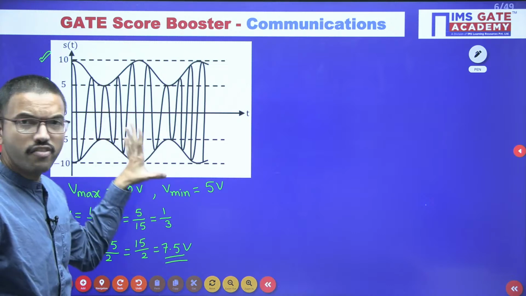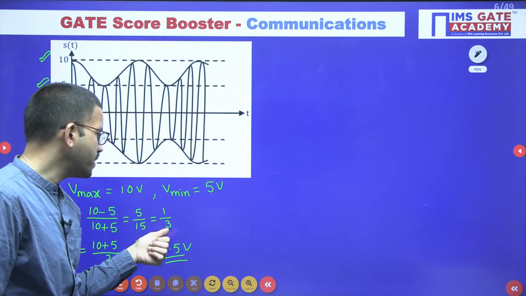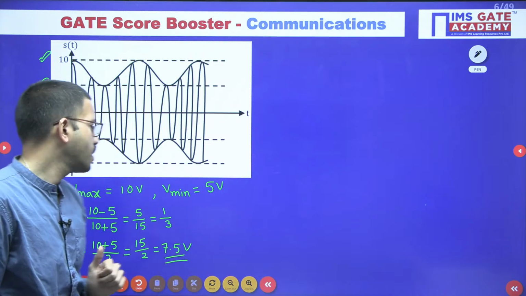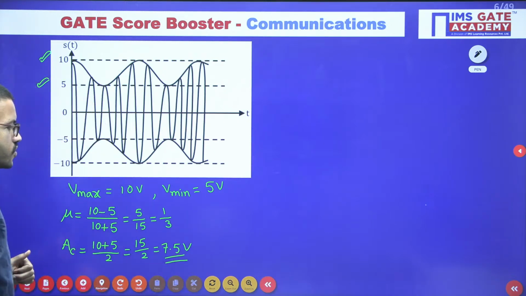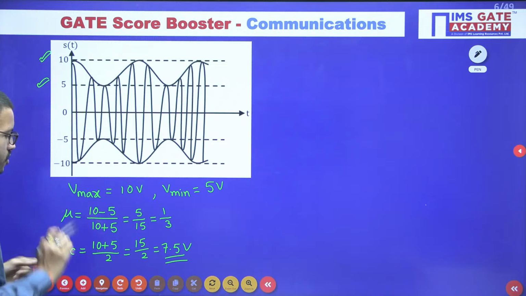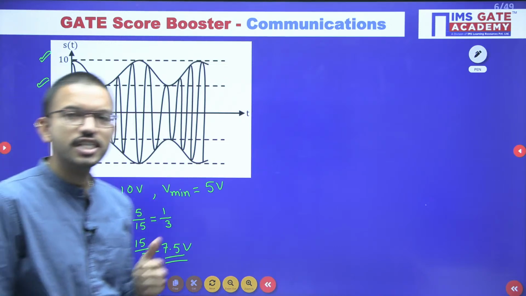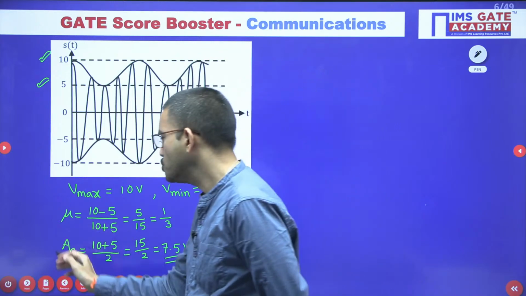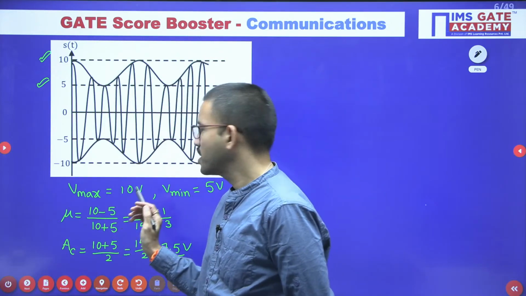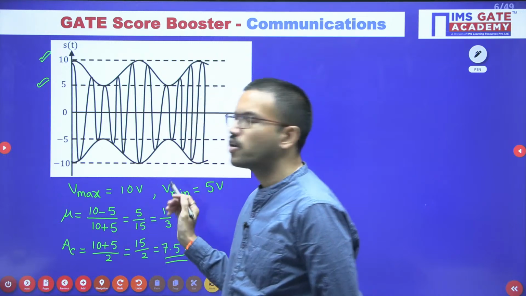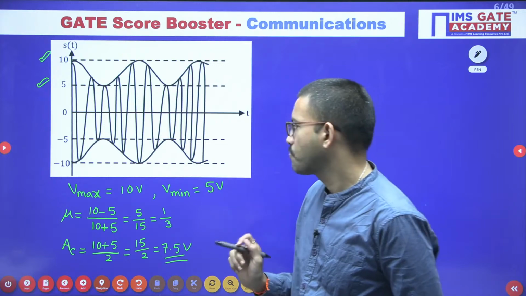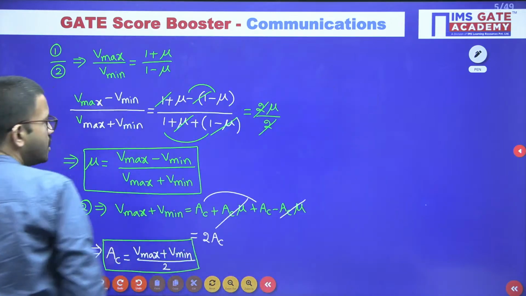So for the given waveform, the modulation index we got is 1 by 3. For that, the carrier amplitude is 7.5 volts. Now we have to find out the new carrier amplitude with respect to case 2 of the given question, in such a way that we get the modulation index as 0.1. So before discussing that part,